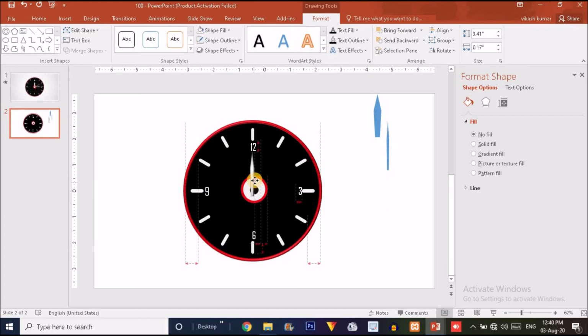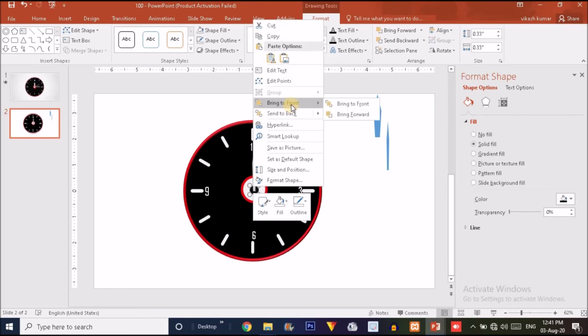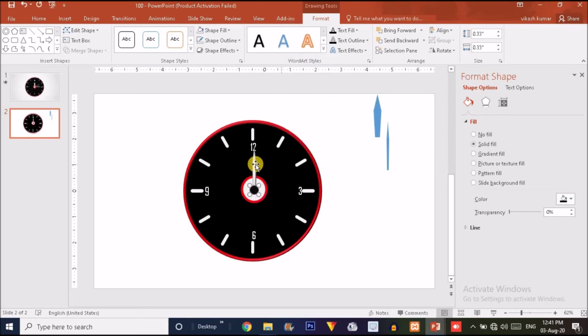Now I will place this needle over here and put this black dot in front so that it can cover the needle.